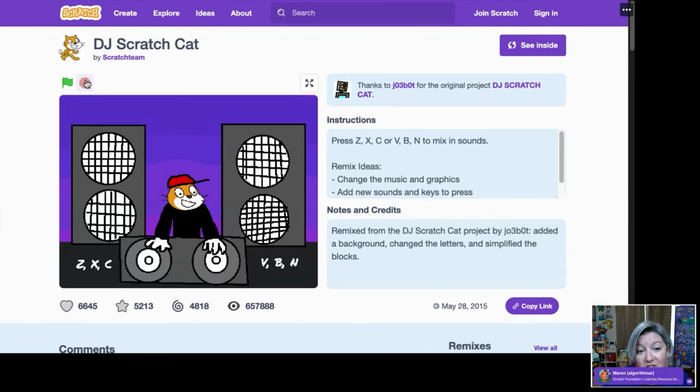I don't know how my DJ skills are doing today, but there was a little example. I was clicking on the Z, X, and C keys in order to add some additional sounds and layer them over the top of that underlying beat. That is a really fun way to start to think about also how these technologies are used, not just here in the Scratch environment, but in the real world for folks like professional DJs who are doing this for a living.